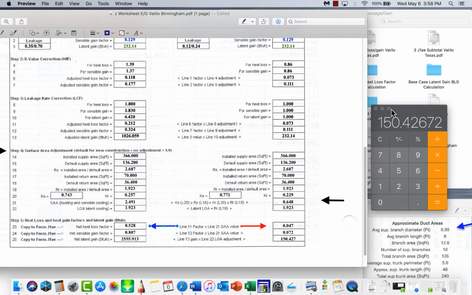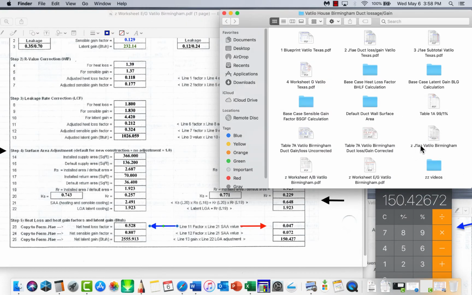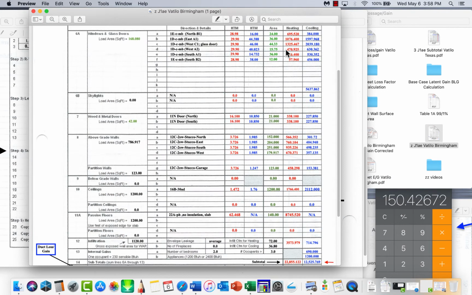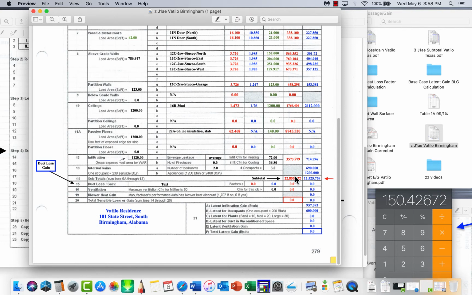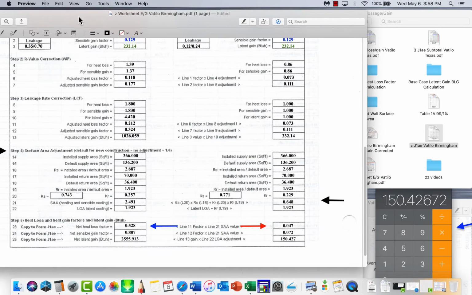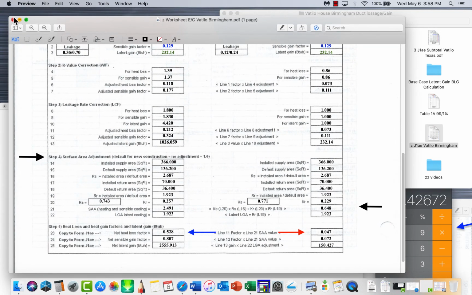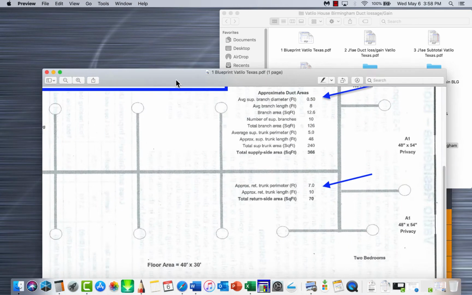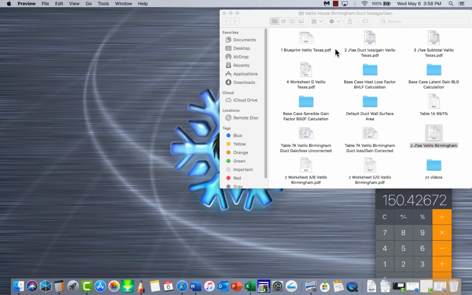Now all we got to do is go back to our original, the Vatilo House in Birmingham, Alabama. And we got to transpose these numbers over. Now we're going to be down here in the heat loss, heat gain area. And once again, just for reference, I'm going to hit save so that way I don't accidentally lose anything. We'll close some of this out so we clean up our workspace here a little bit. Get rid of that. We don't need to survey anymore. So we're going to go back to our Vatilo House